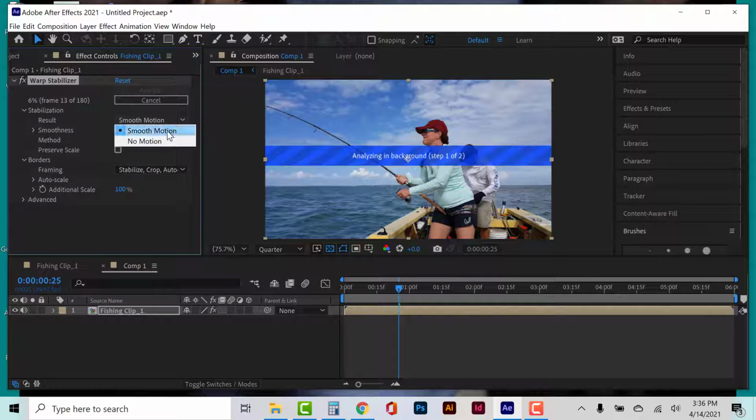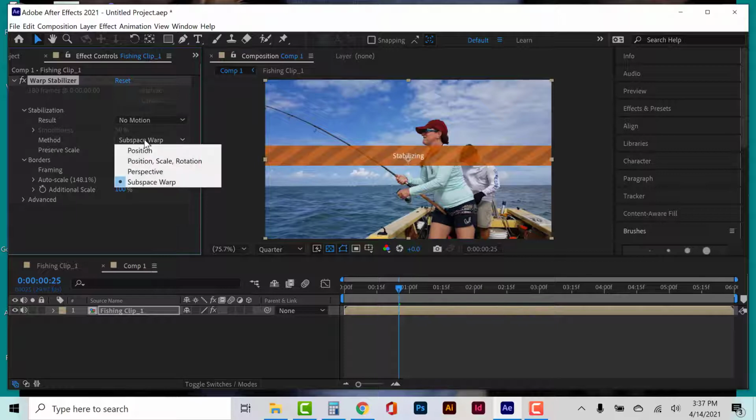You can see I can say smooth motion, or I could say no motion. Now, the difference of smooth motion is it's still going to allow for some rotation, some movement of that camera, but it'll smooth it out and make it less shaky. Well, I want to try to do this so that there's no motion at all. Now, be aware, though, because by saying no motion, we then have to look at